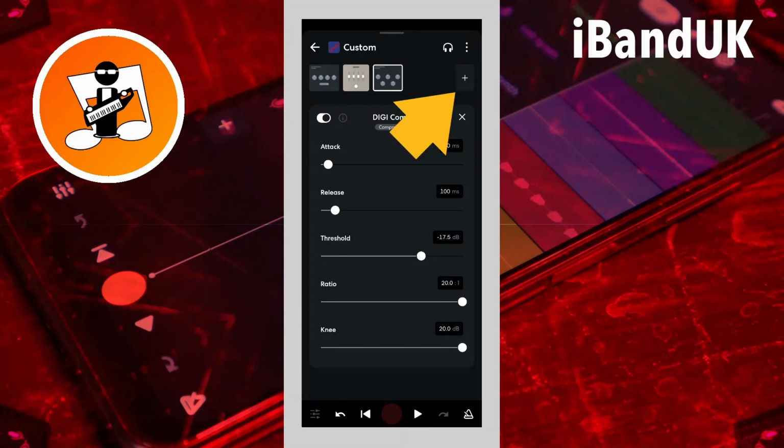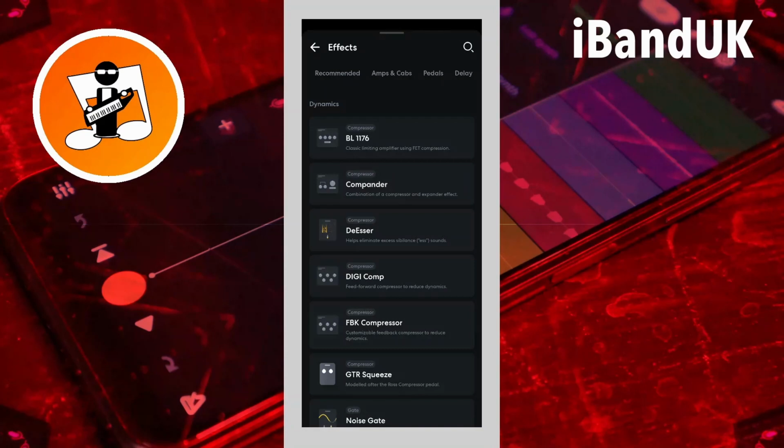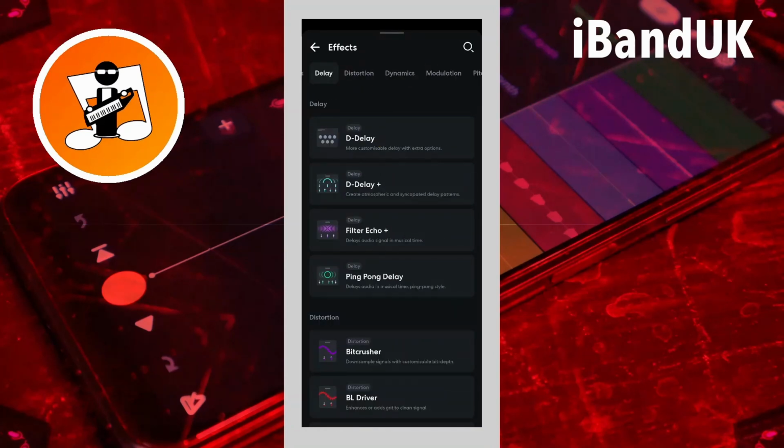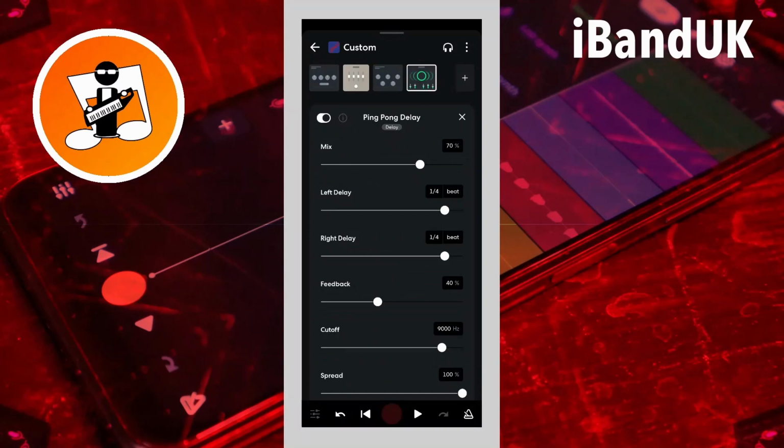Finally, I'm going to tap on the plus icon again. I'm going to scroll through the tabs and tap on the delay tab. And then I'm going to tap on the ping pong delay. Now, I'm not really going to use this as a ping pong delay as such. I'm just going to use this because it's the convenience of having a stereo effect of a left and a right delay. But I'm going to set them both the same, and